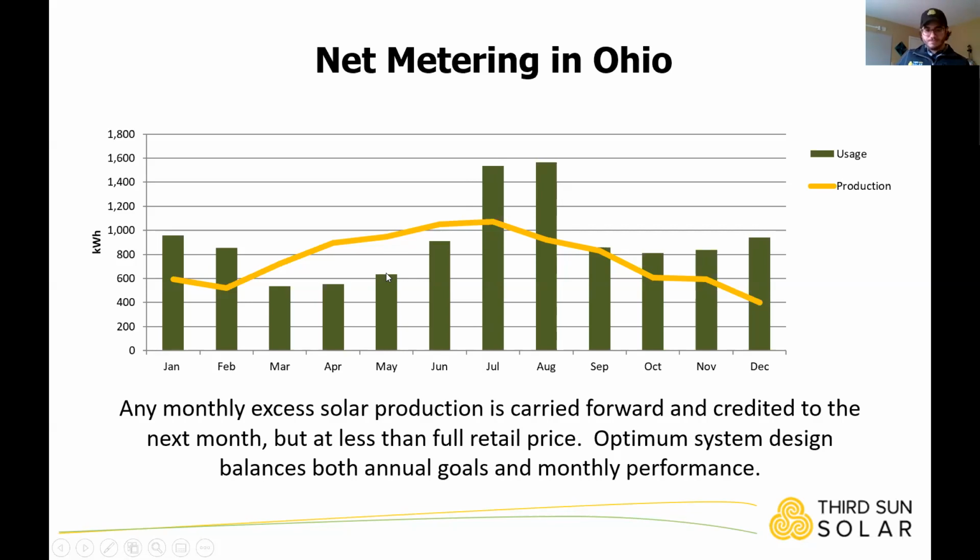Now, if we go to May, you'll see that the production at this site is about 400 kilowatt hours more than what they consumed. So that means they sent excess power to the grid. And just for numbers, let's assume that they sent an excess of 400 kilowatt hours. So everything from the green below, just like in July, is going to be offset at the full retail rate. And this area here where you're sending more power to the grid, we call that the net excess generation, and you'll be credited at a net excess generation rate, which is typically about a third of